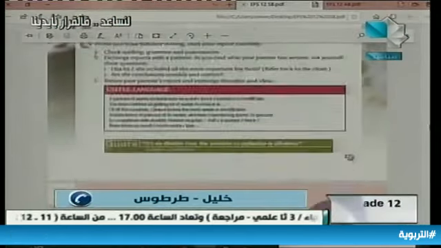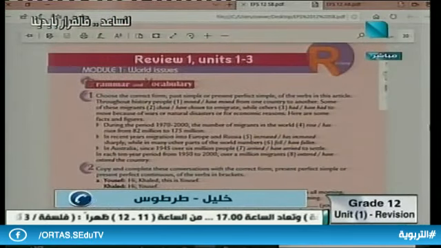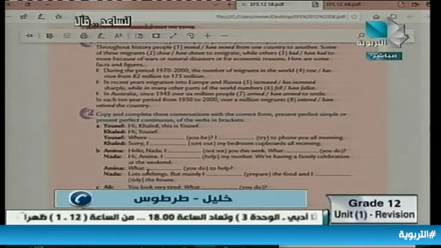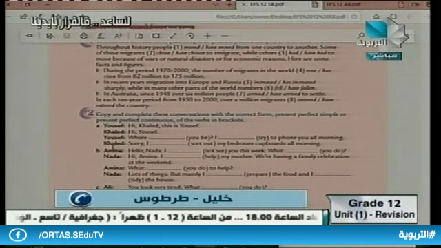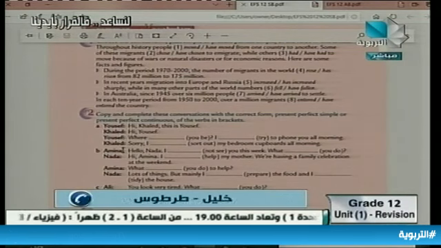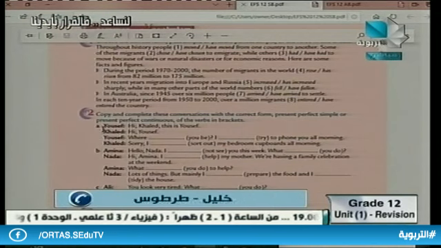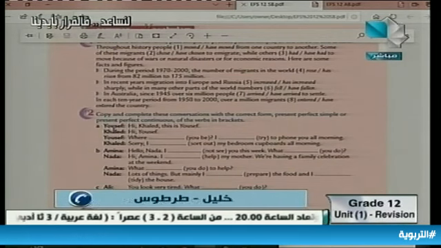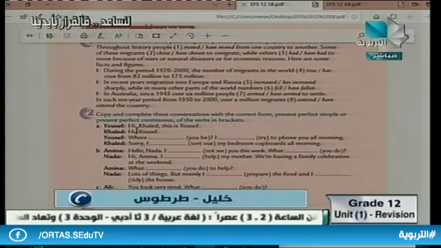We can use the laptop now. What about it? Which exercise? Exercise number 2. Which one, A, B, or C? Just a minute, Khalil. We have here in exercise 2 three conversations, right? Is it in conversation A or B or C? It is in conversation A. What's your question? Yusuf's clause.